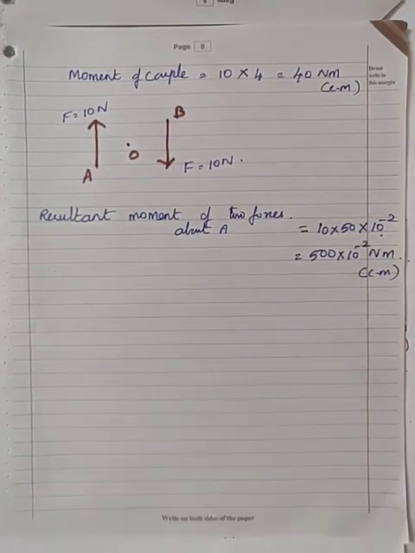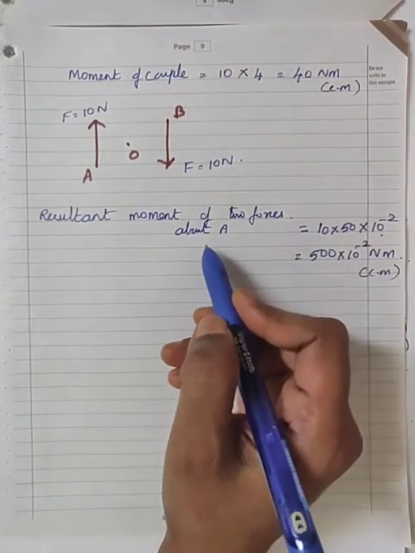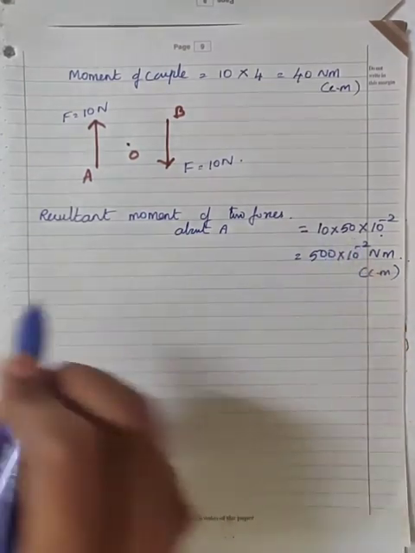Okay. And next question, they ask you to calculate the resultant moment of two forces about the point A, then about the point B. Resultant moment of two forces about the point A we have calculated. Similarly,